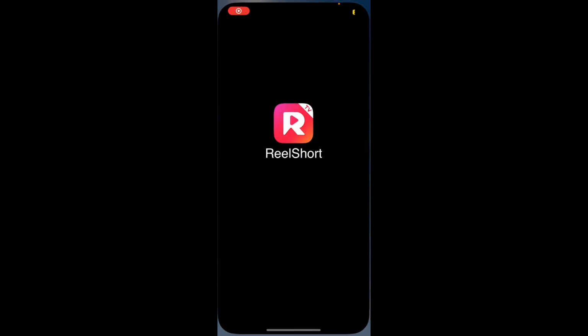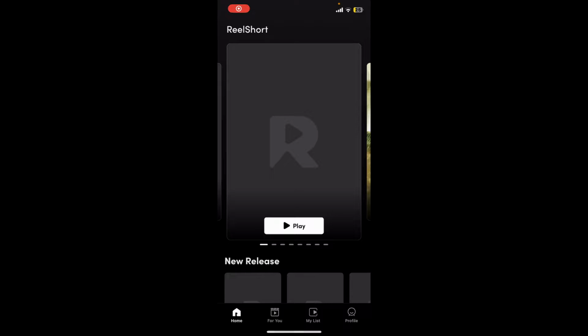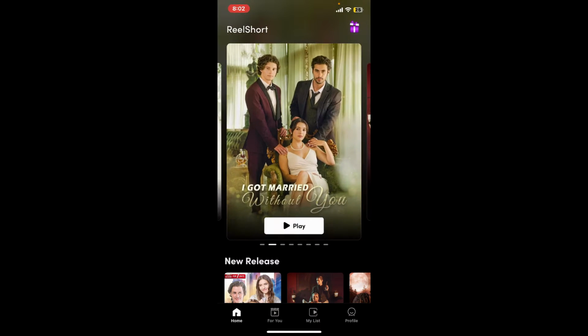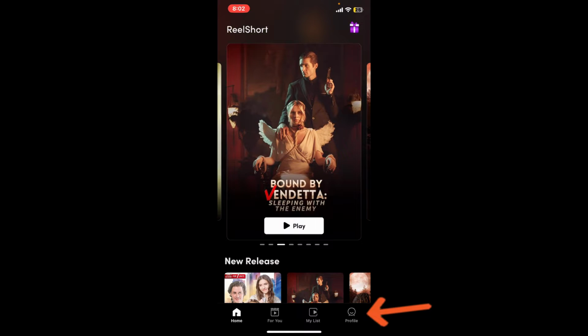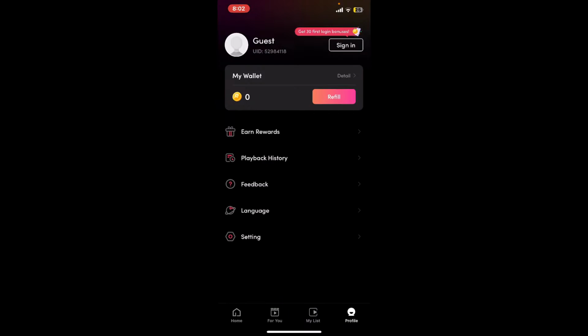Open your ReelShort application from your app drawer and launch it. And make sure that you are inside the main homepage. From the homepage, tap on the profile picture located at the bottom right hand corner. This will then open up this interface where you'll need to tap on the sign in button at the top